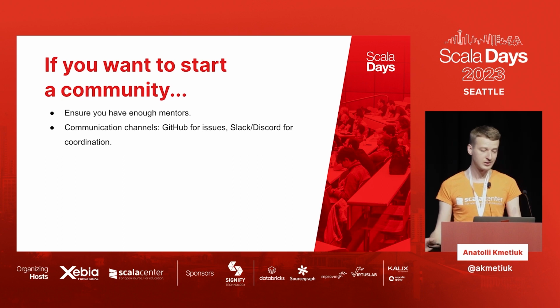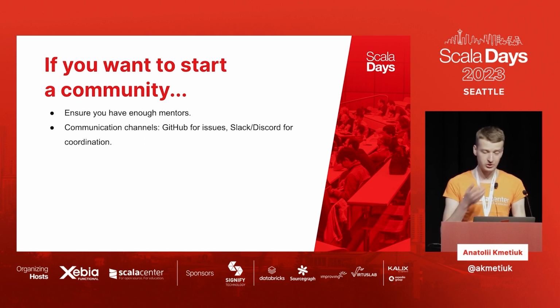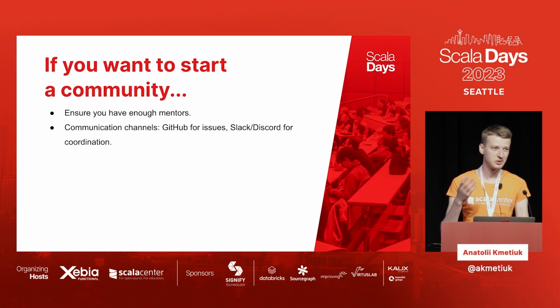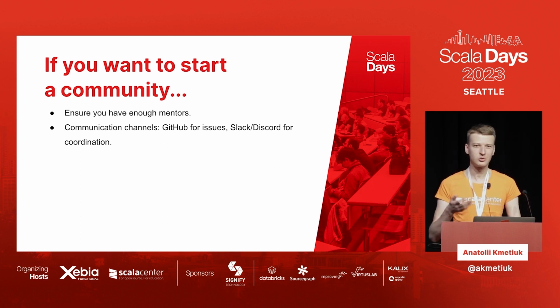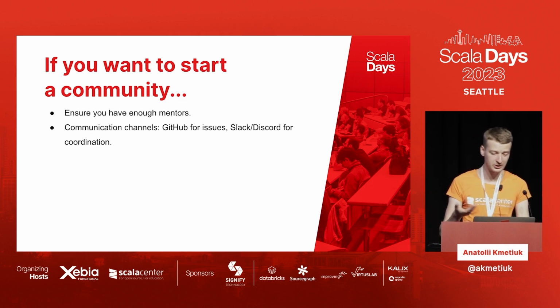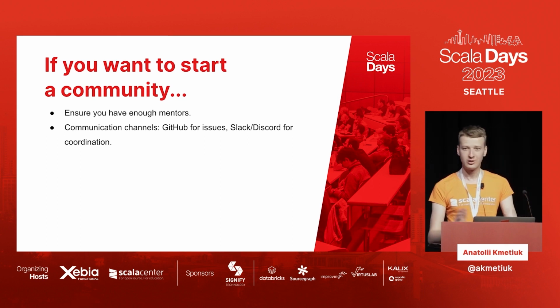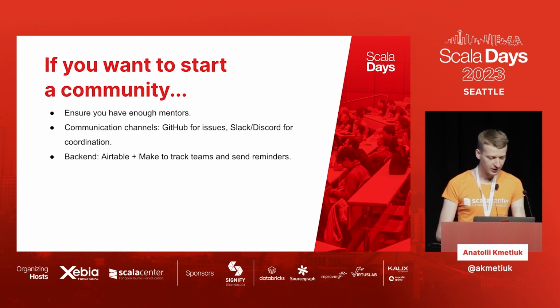Then you need to figure out the communication channels. This is mostly logistics, this is mostly GitHub, which most projects have anyway, but you also need to have some kind of Slack or Discord, because you need a place where people can communicate also after the spree, and where you can make the announcements. In general, people need to know where to find those announcements and to find help when they're stuck.